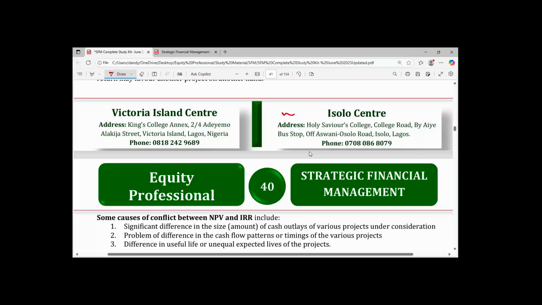So today, we are going to be discussing the techniques under the non-discounted cash flow method. We are going to talk about payback period as well as accounting rate of return. And I also mentioned that discounted payback period is under the discounted cash flow method, which of course we're also going to do today, because I mentioned last week that we need to talk about payback period first before we begin to talk about discounted payback period. Okay, so once we are done with those three techniques, then we move to discussing relevant cash flow,